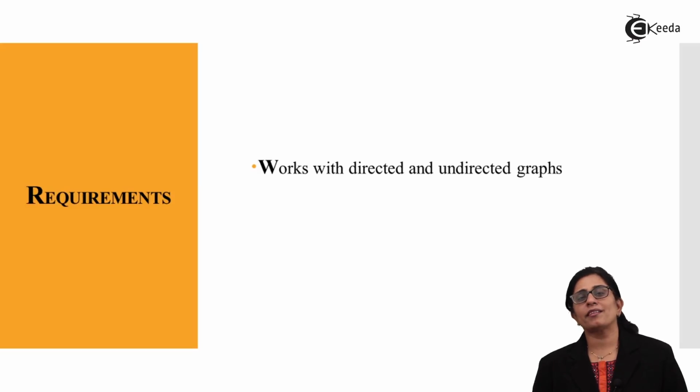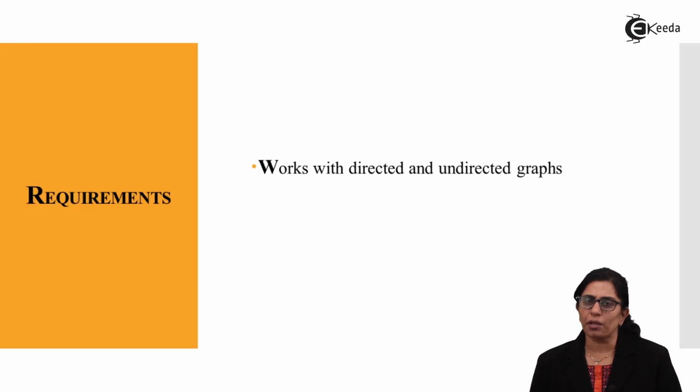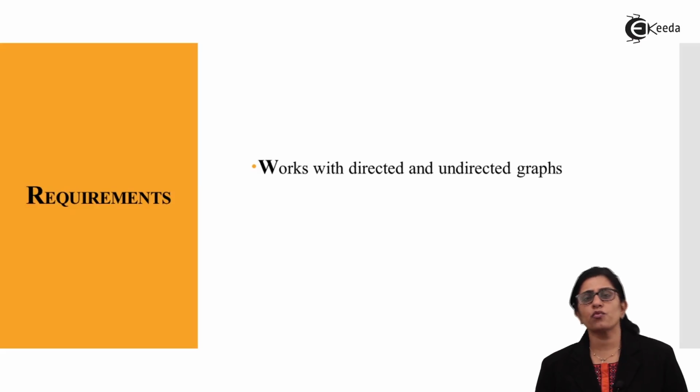Now, what do we mean by the directed graph? That is, from a source to the destination, between the two nodes, I have a line which shows an arrow that I am traversing from node A to node B. That is known as a directed graph. It even works for an undirected graph too.